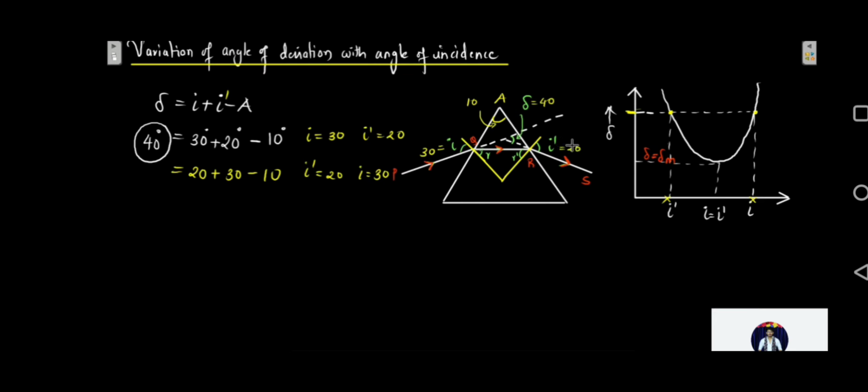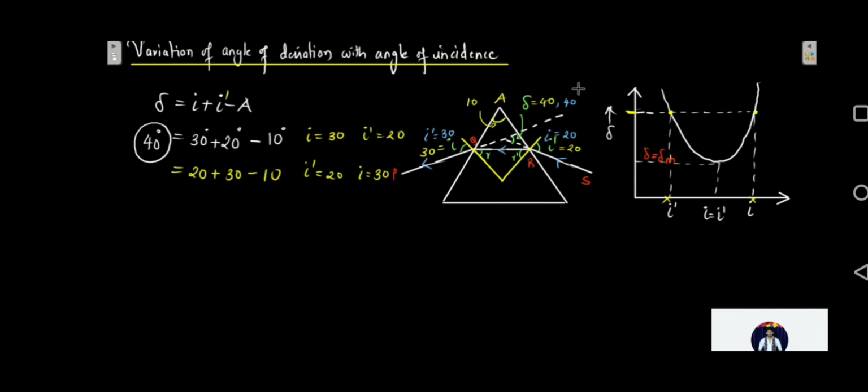So what is going to happen here? Supposing I just send this light backwards, that means I just reverse the direction of arrows. I was sending the light from this direction, I just reverse the direction of arrows and I send the light in the opposite direction now. I will trace the light in this direction. So what will happen? This angle here is going to become I, that is 20, and this angle, that is emergence, will become I dash, which is going to be 30. So the angles will get interchanged. That's it. The deviation will still remain 40.